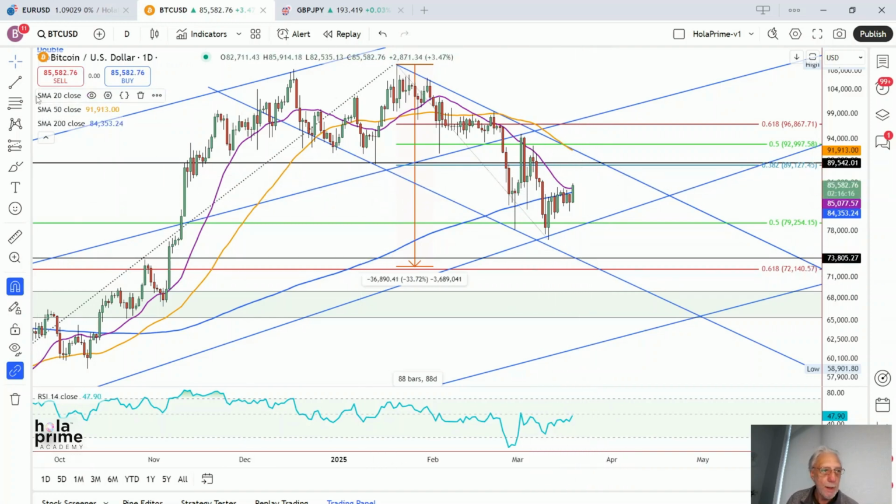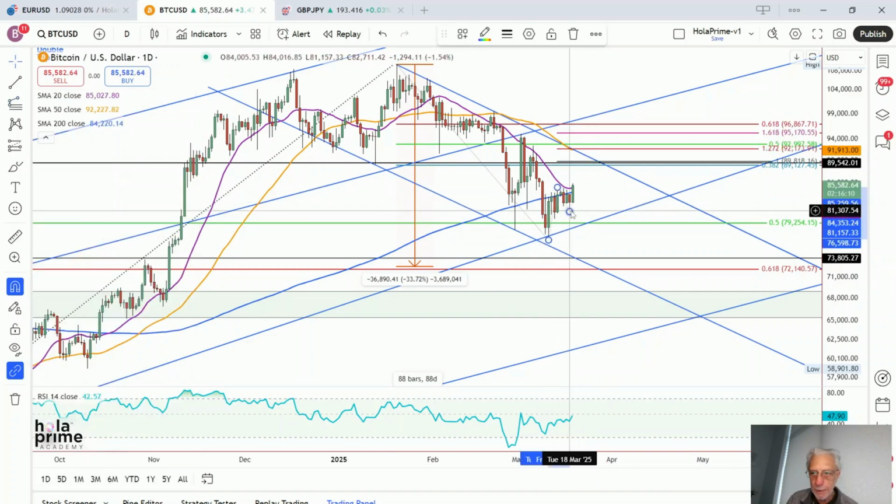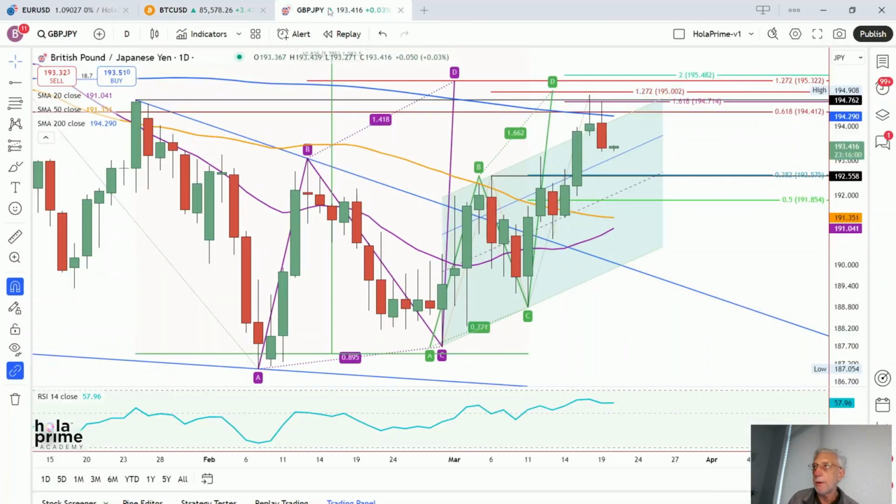And then we also have a small ABCD pattern here, something like this, which also confirms this first target zone right here. Okay, and so that's on Bitcoin. And then on the pound yen,